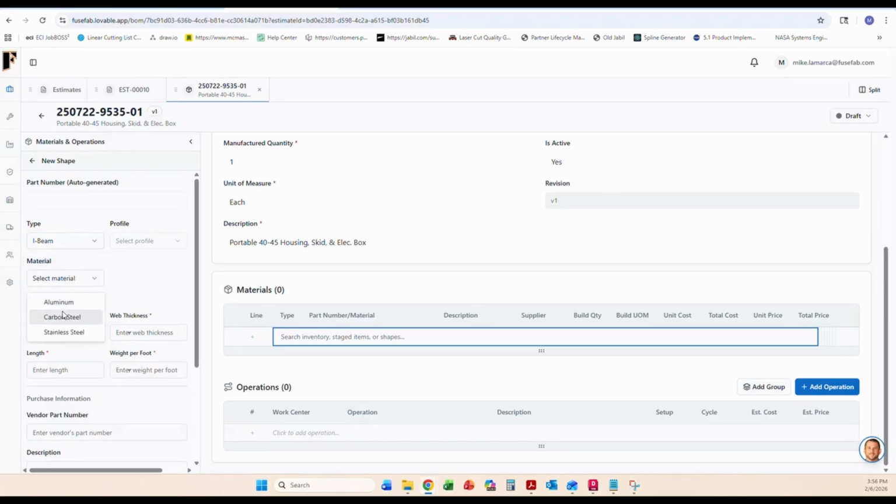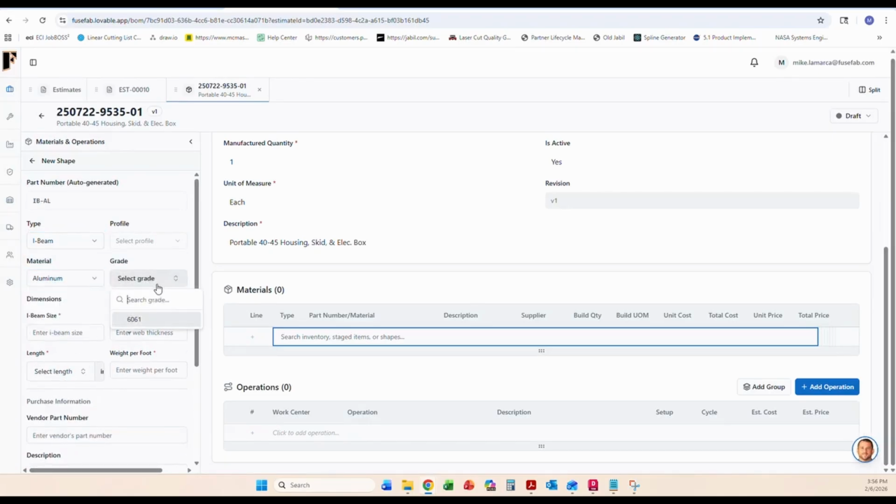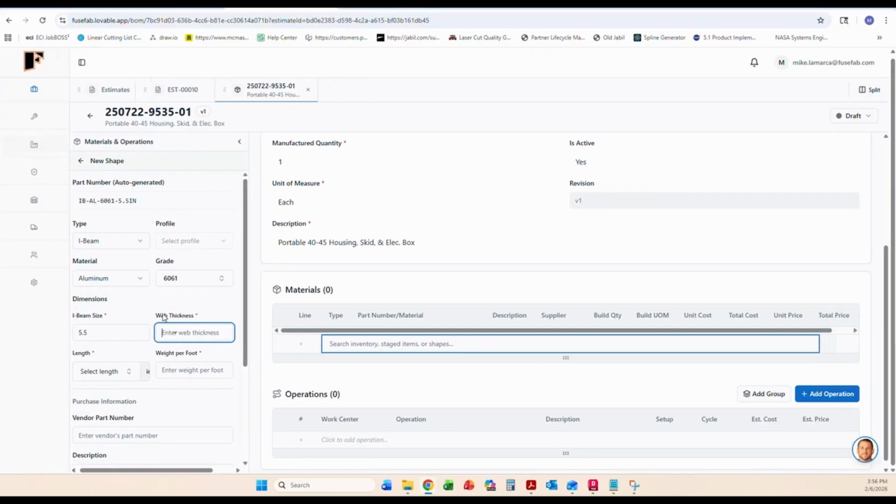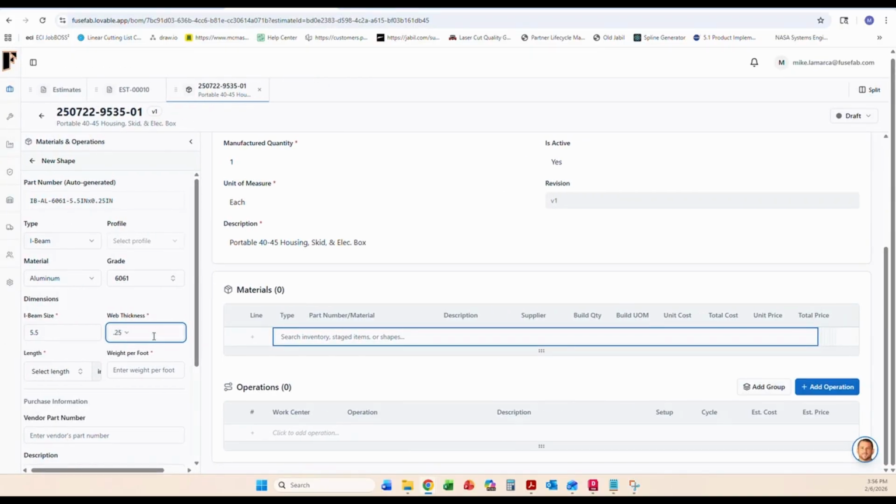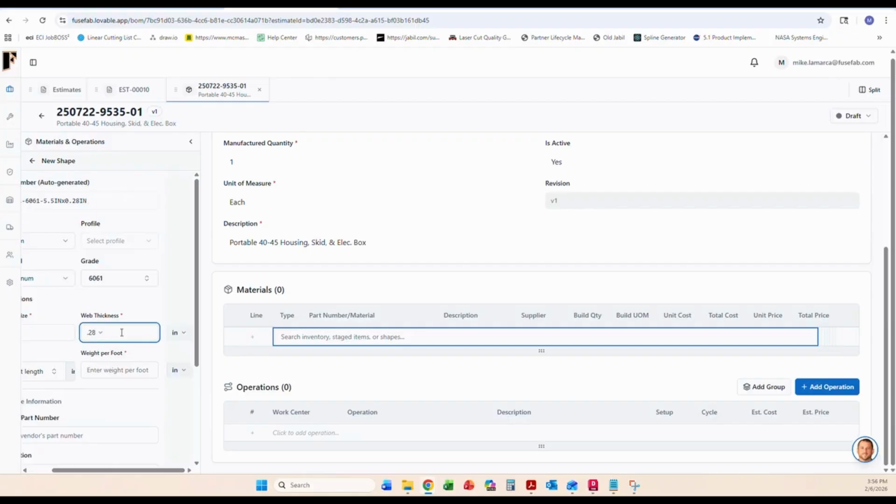We're going to select the material. It's going to be aluminum. The grade, I should only have one. Beautiful. I-beam size is going to be 5.5. My web thickness is going to be driven off of this. I really shouldn't have. I could have. Nope, wait. I got a drop down. Maybe that's it. Oh. 0.28, and then my length is going to be